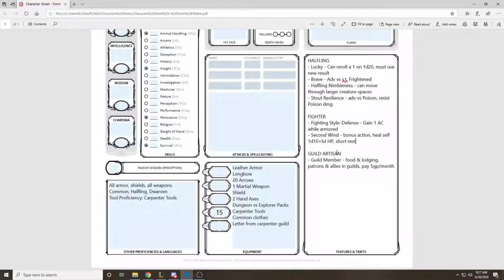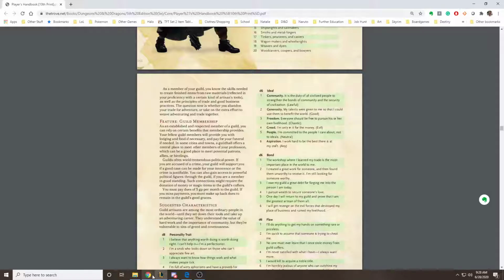Okay, this is a super pared down version, but I know I'm a guild member. I've got food and lodging, patrons and allies in guilds. I must pay 5 gold per month, or 5 GP, gold pieces, per month. That is obviously very trimmed down compared to the original description, but again, we can only record so much on the